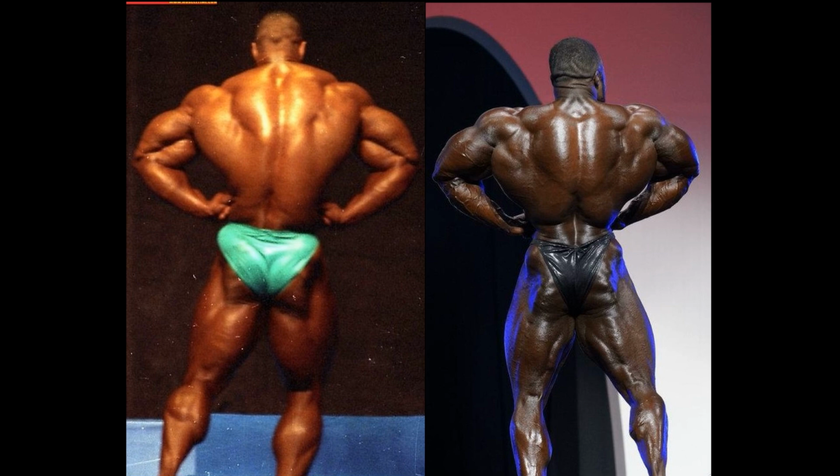As far as the rear lat spread is concerned anyway, I had to use a 1993 version of Paul Dillett for this. And most of the shots, or if not all of them, aside from a couple, are the 94 Mr. Olympia. His best version, but his rear lat spread was never his best pose. Very unsymmetrical, and if you know me, symmetry is very important when it comes to bodybuilding. And Brendan Curry, he does not have the best rear lat spread of all time, but more than enough to